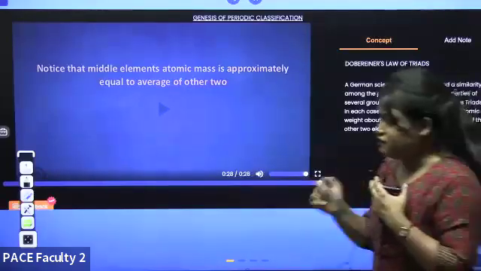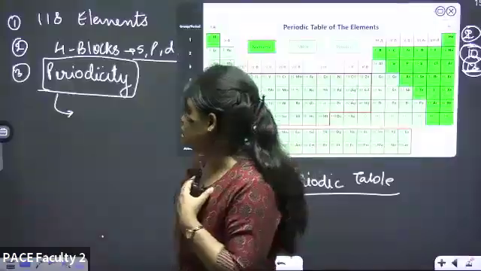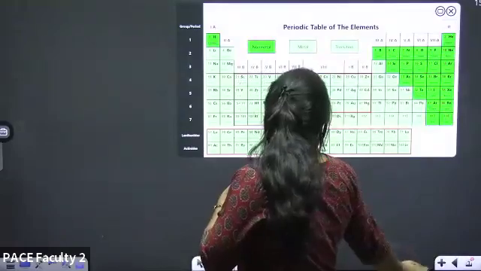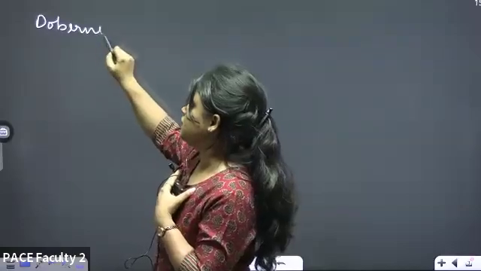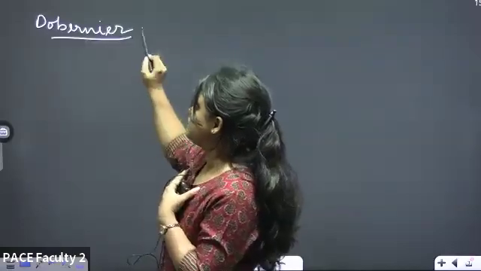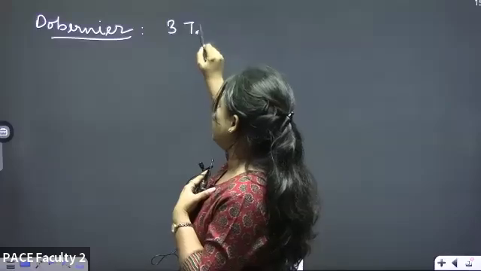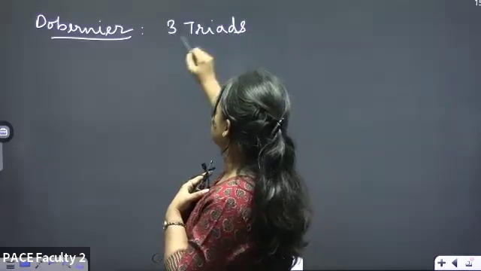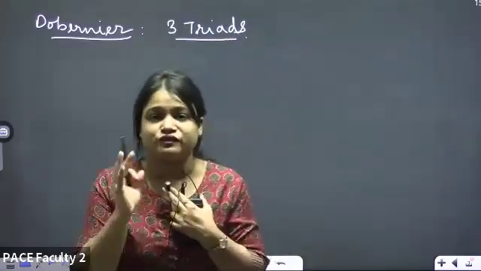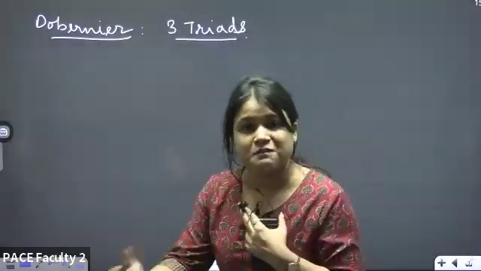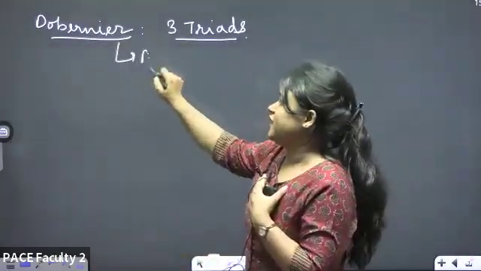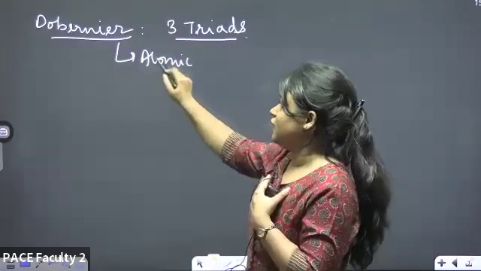Okay, so the very first attempt that was made was by Daubigny. Now, this tells us that the first attempt made by any scientist was by Daubigny, and Daubigny classified groups of three, triads. Three triads means he made groups of three elements together based on a certain property called atomic mass. तो Daubigny ने क्या try करा कि मैं atomic mass वाला